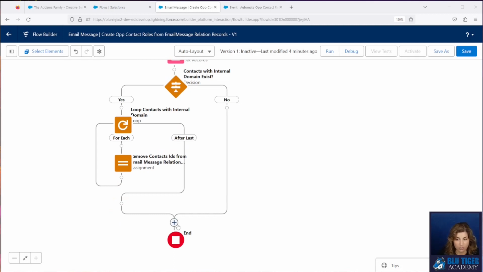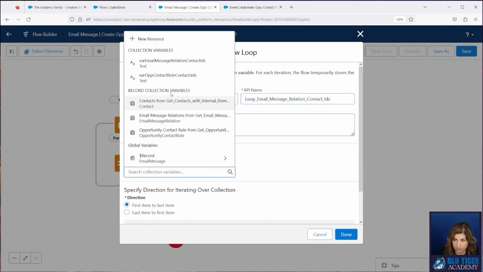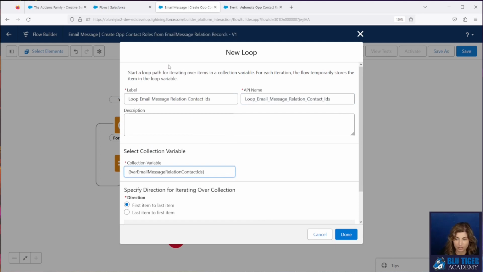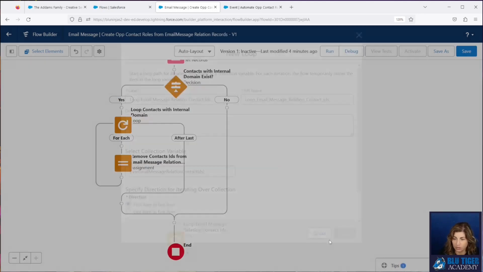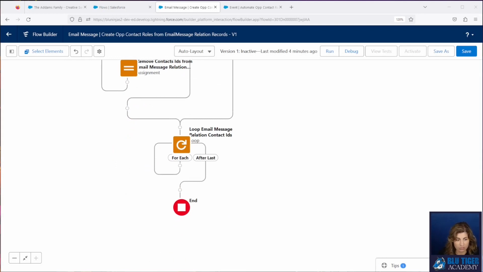Next, we're going to now loop our email message relation records in that text collection variable. Okay, so we're going to loop this variable here. We're going to loop through all these contact IDs because we want to use these to create our op contact roles.